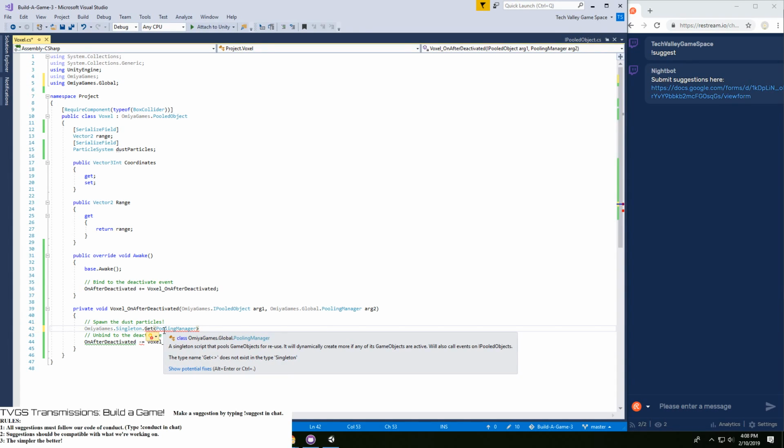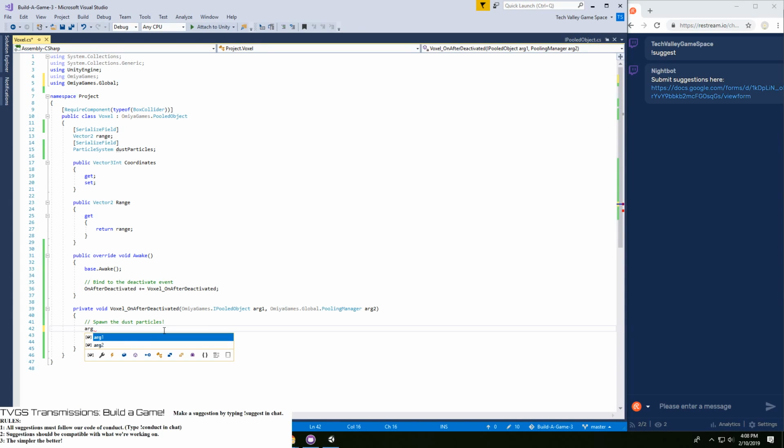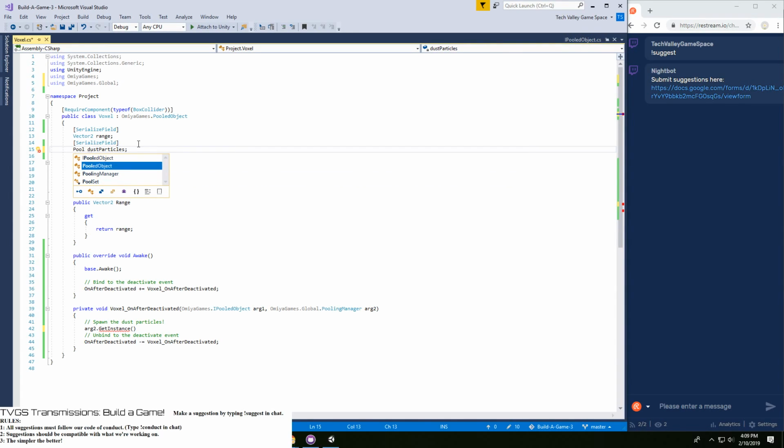Well, to the get instance of prefab position. So this actually needs to be a pooling object after all.